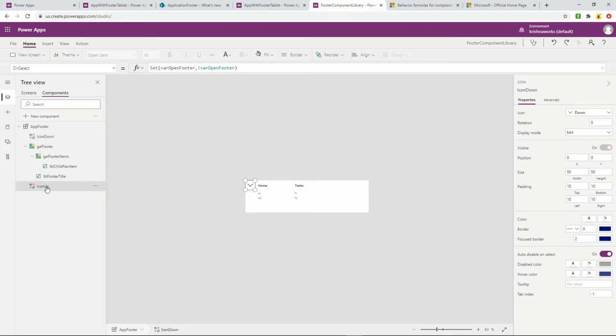So if you observe the formula, on select, I'm setting a variable which negates or reverses the value of the variable. Basically I'm setting the same variable with a negation. For example, if it is true, it will be false. If it is false, it will be true. Basically it's a toggling of the values. Same thing in the up and down icons. So this is what the whole